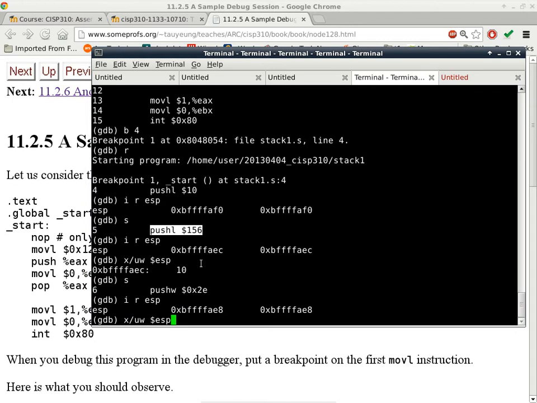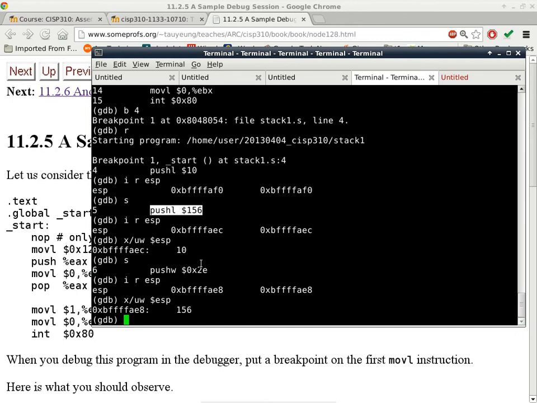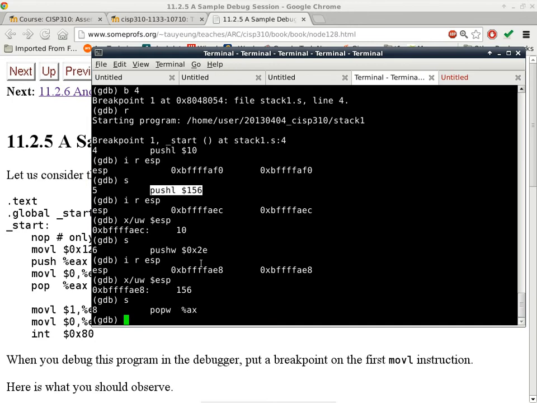I should expect 156 in decimal. Okay, that's exactly what's happening. Well, since we're here already, might as well just single step the push W instruction and then do the same